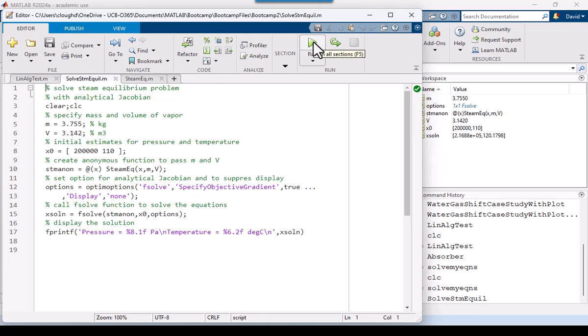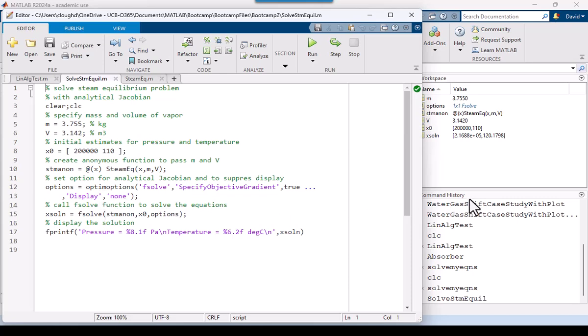And again, the kind of features here that you want to be aware of are the idea of passing the variables through, M and V, that fsolve doesn't need to deal with, but it needs to pass them through to our steam eq function. And we set them up here. And then including some options for the fsolve